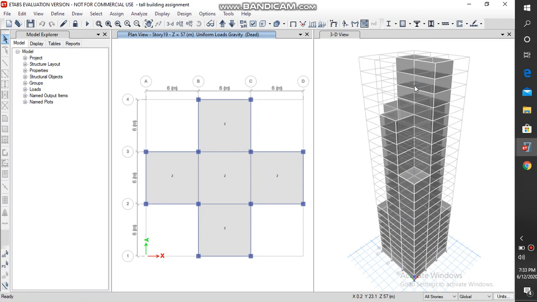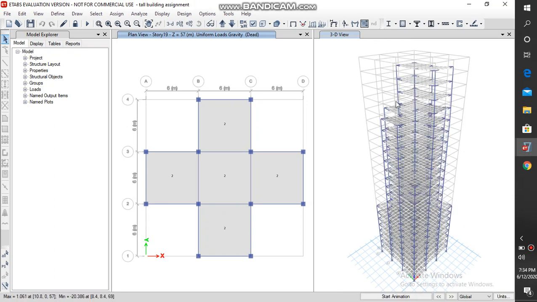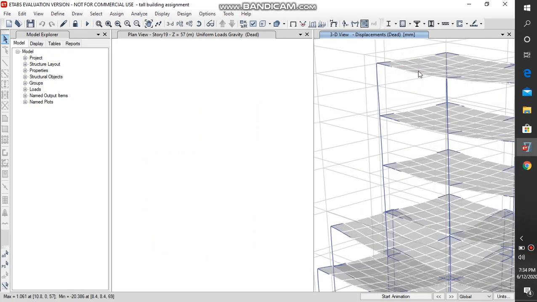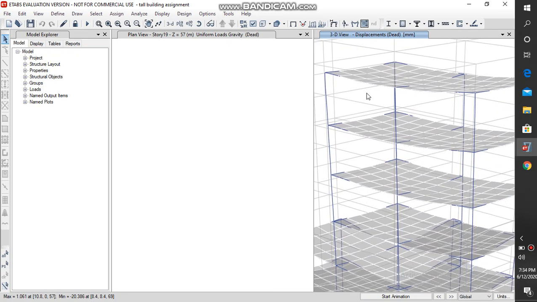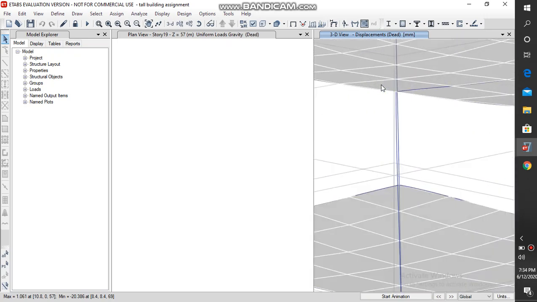Now we can see that our model is about to be ready after analysis. By going on a particular point, we can see the various reaction values, and when we zoom in, we can see this bending portion in a particular frame.